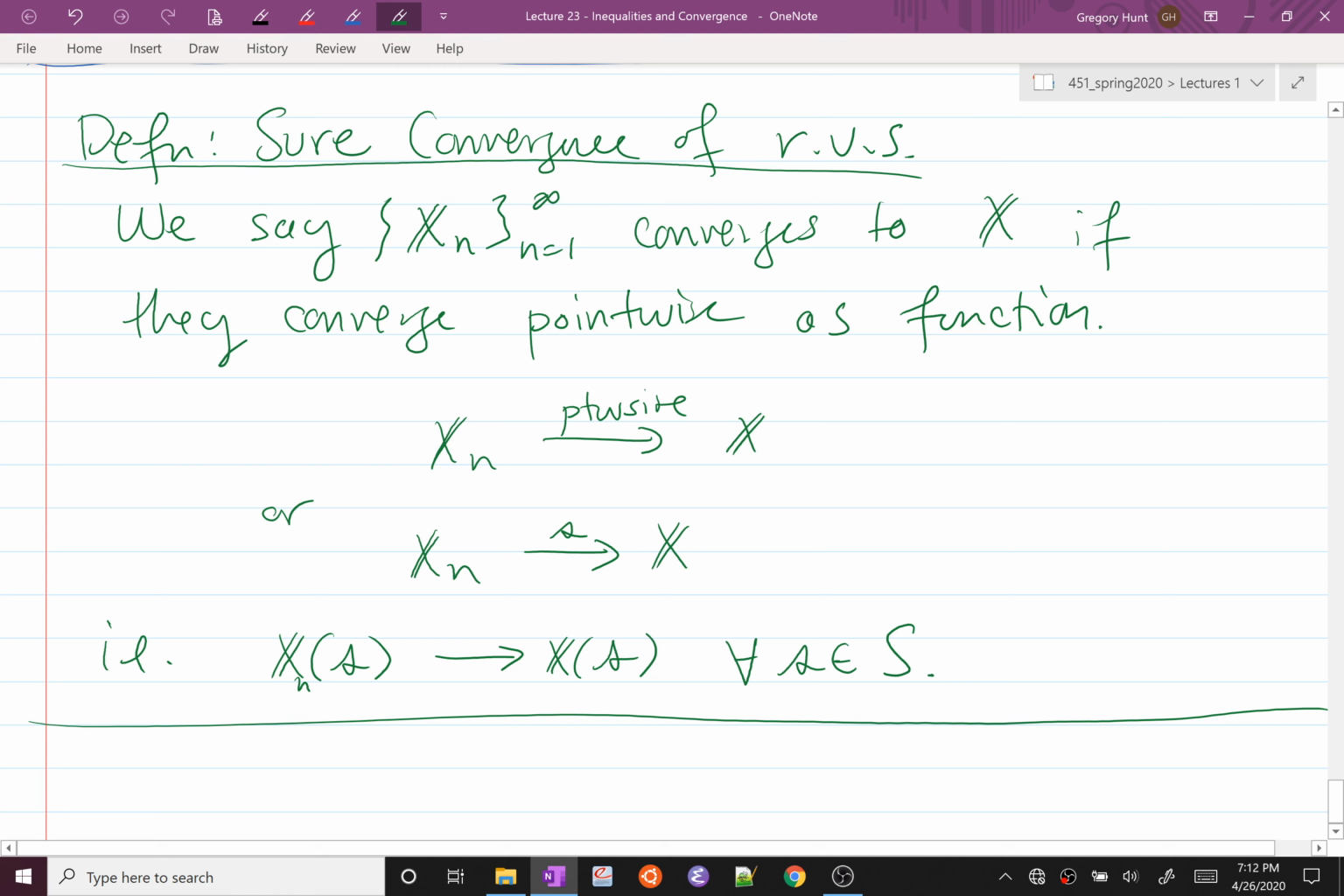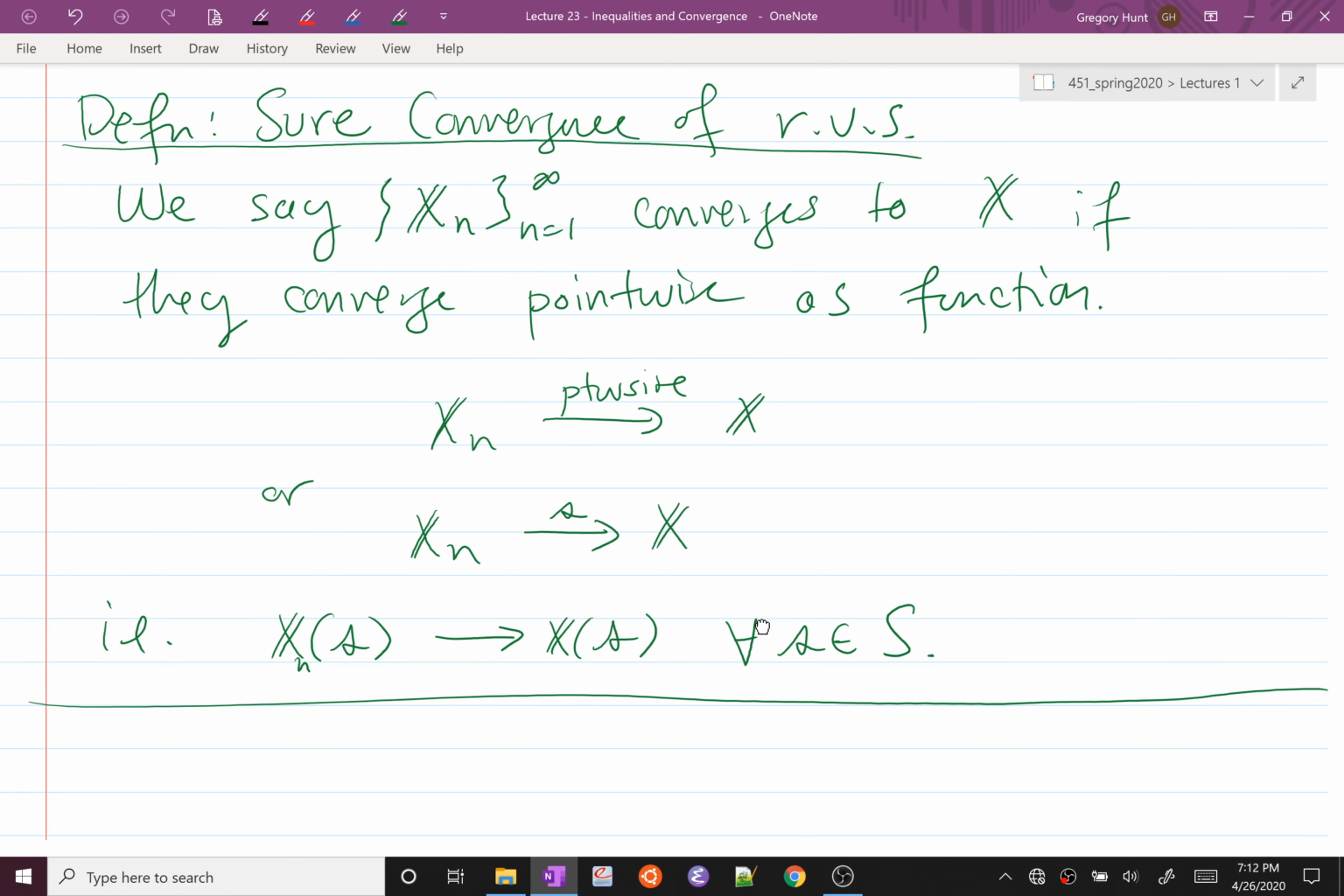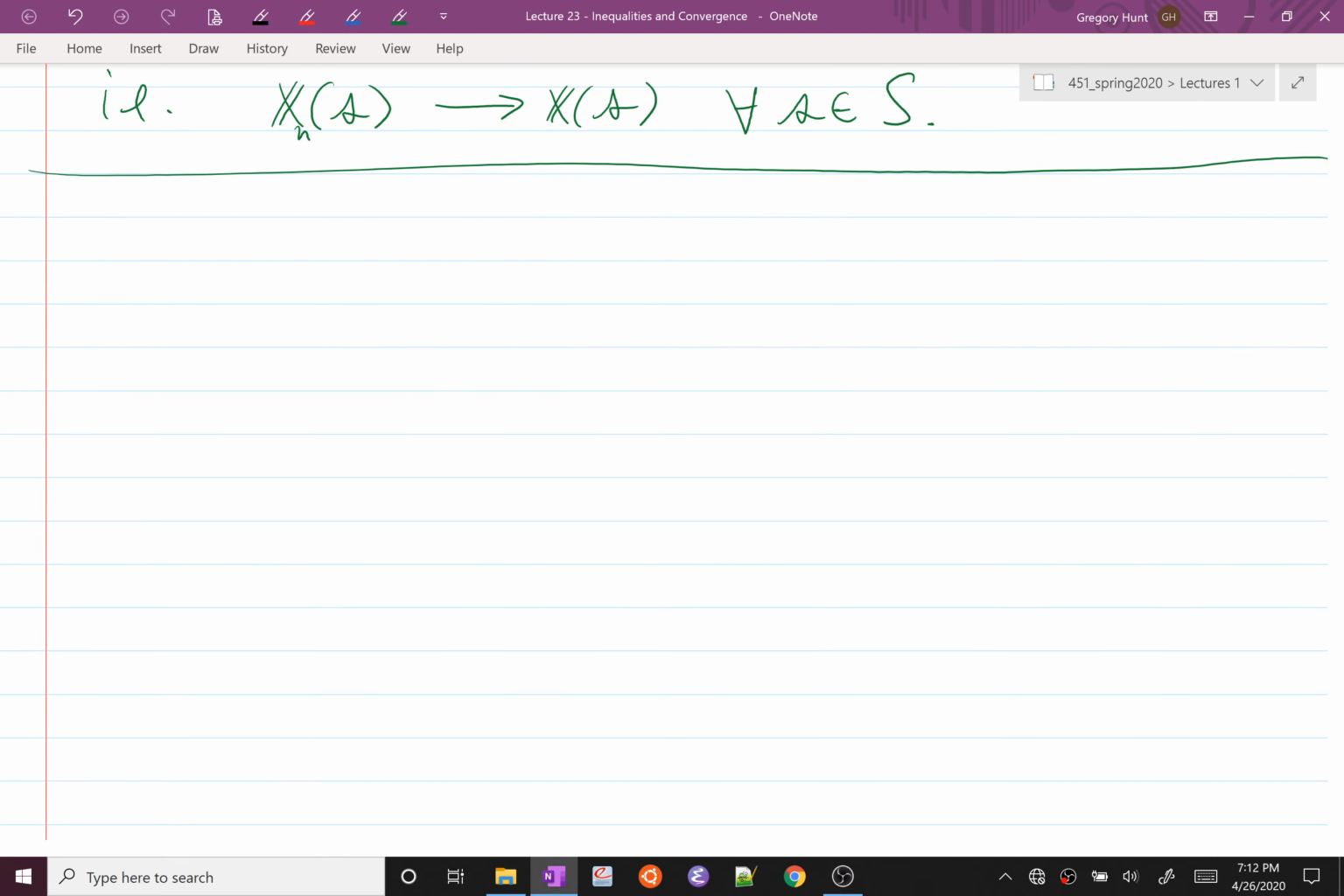Now sure convergence, although we define it, is not actually that useful of a concept. Probability, as I've said, is analysis where we don't care about events with really small probability. So we're going to define a more useful definition of convergence. Basically it's going to be the same thing as sure convergence, but we're not going to care if the functions don't converge pointwise on a set with probability 0. So, almost sure convergence,